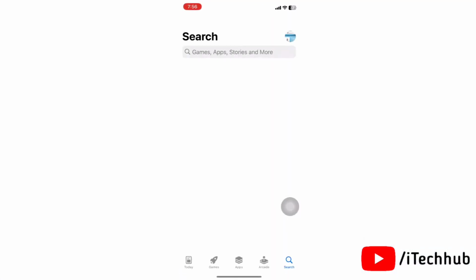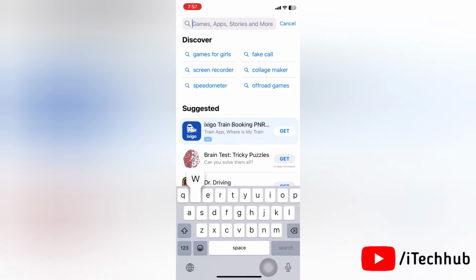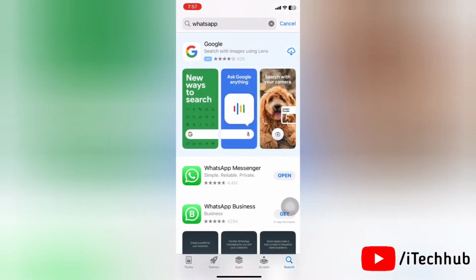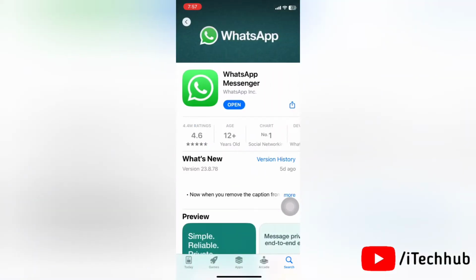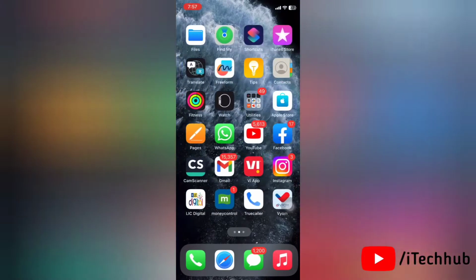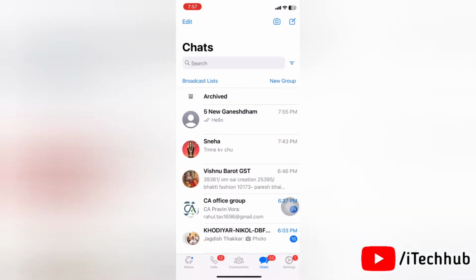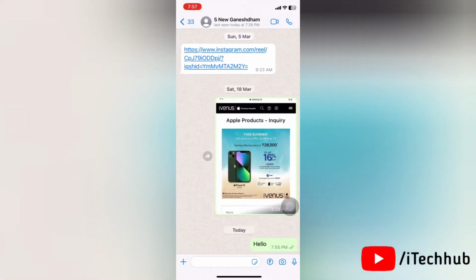First of all, go to the App Store and search for WhatsApp, and make sure that WhatsApp is updated to the latest version. Now tap on WhatsApp and check if the update is available or not. If an update is available, then update it to the latest version. After updating the app, please open WhatsApp on your device and then open the chat where you want to